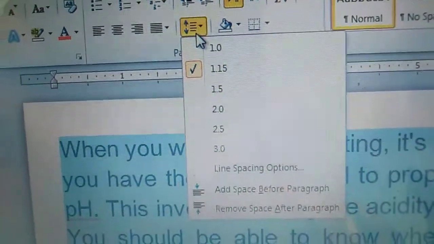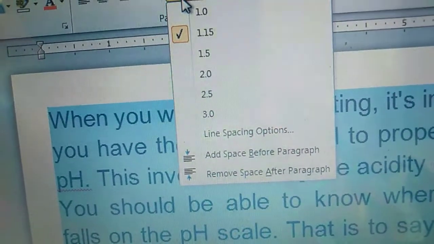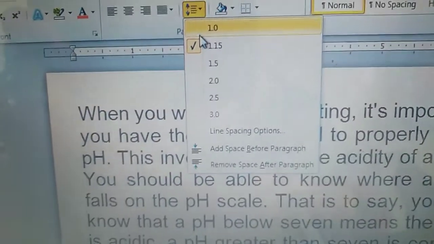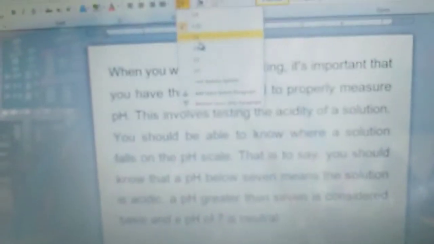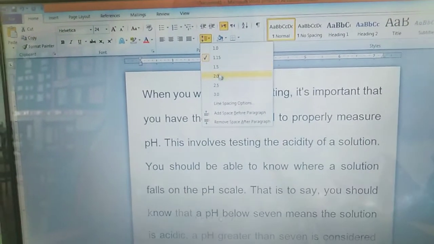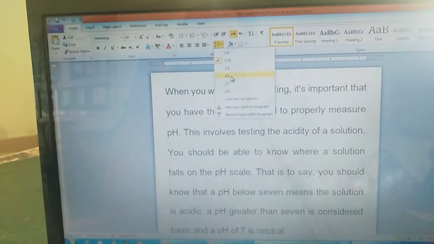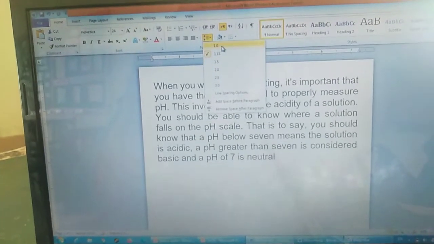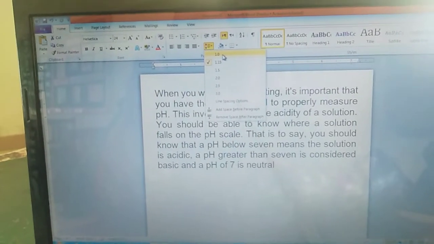Here you can see they give us sizes, how much space you give to your paragraph. If I want to give a size of 1.2, here you can see you will give space in your text. If we give 2.0, then here you can see 2.0 spacing. If you give 2.5, here 2.5. If we give 1.0, then this is your 1.0 line spacing.